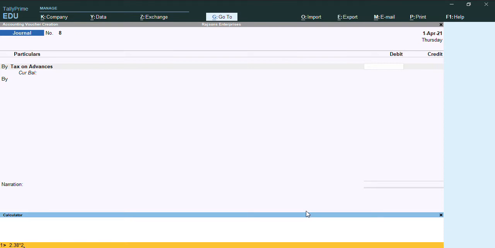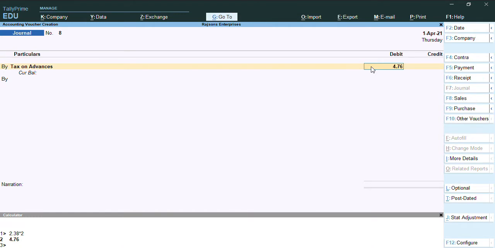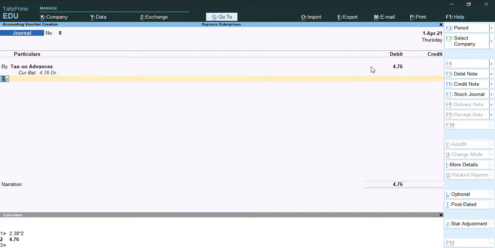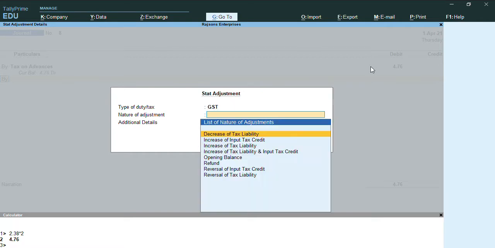So we will just multiply by 2. So the tax amount was 4.76. We'll enter the same amount in tax on advance. Before we select here, we need to do the statutory adjustment. We'll just press Alt J, type of duty tax GST.